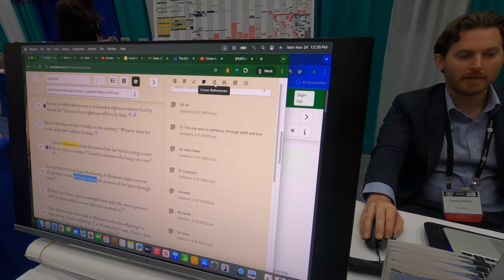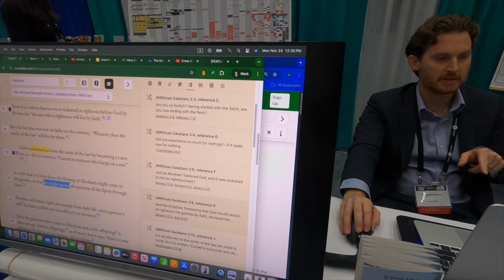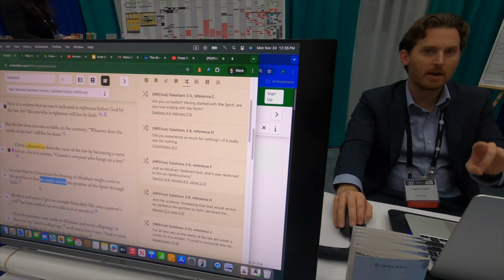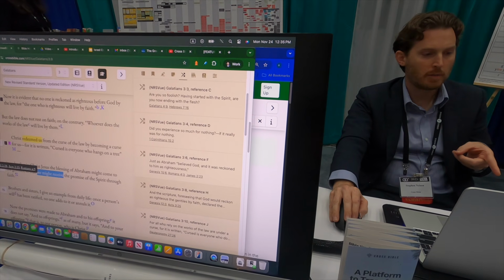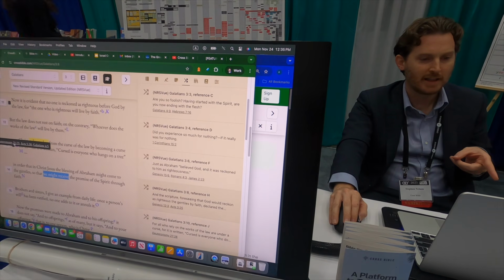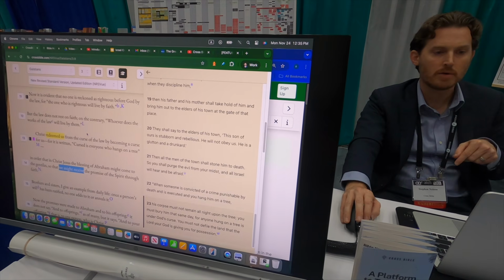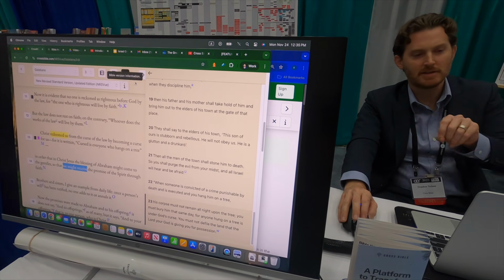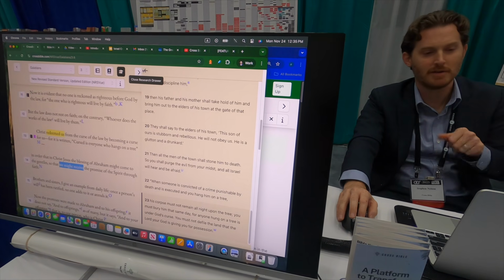Now the cross-references do the same thing, and the cool thing about cross-references is you can stay anchored in the text that you're reading. So if I'm reading Galatians 3 and I get to a part where Paul is quoting Deuteronomy, what I want to do is click on the cross-reference, see Deuteronomy, jump to it. Okay, Paul quoted that. The next phase of this is you're going to be able to actually pull up the Septuagint and see what Paul actually quoted, but this is showing you the NRSV.